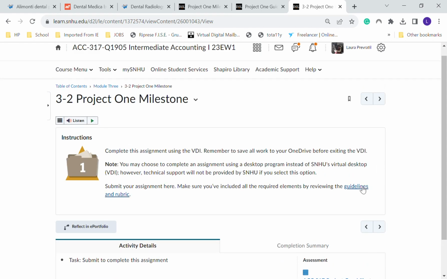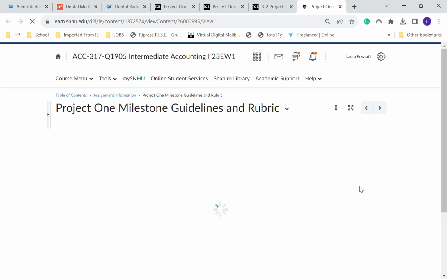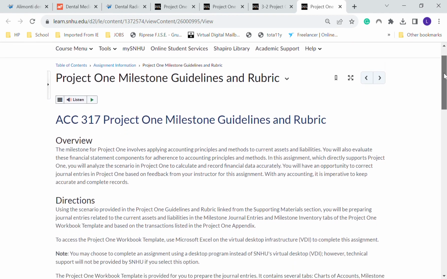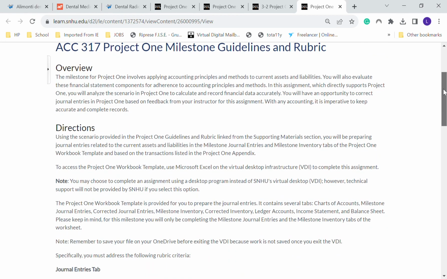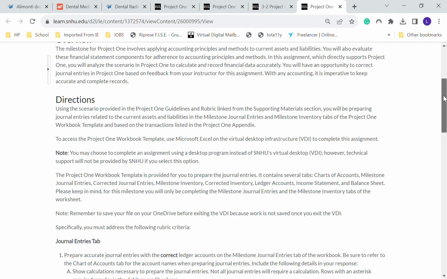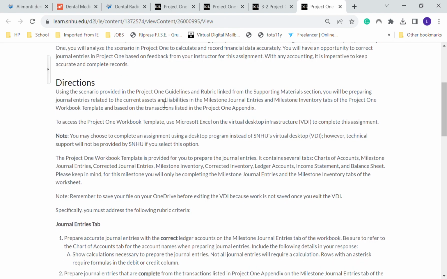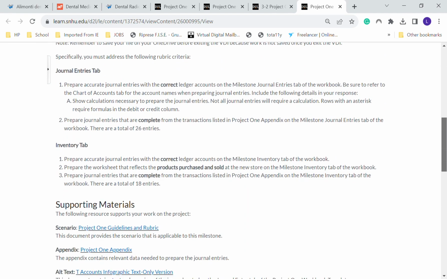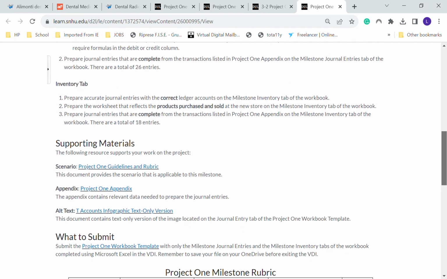You need to go into the guidelines and rubrics, and it will give you everything you need to know, right? There's your overview of the project, and here's your directions. And you're going to use the Project 1 scenario, right? And you're going to do the Journal Entries tab and the Inventory tab. That's what you're going to do in here. But you need